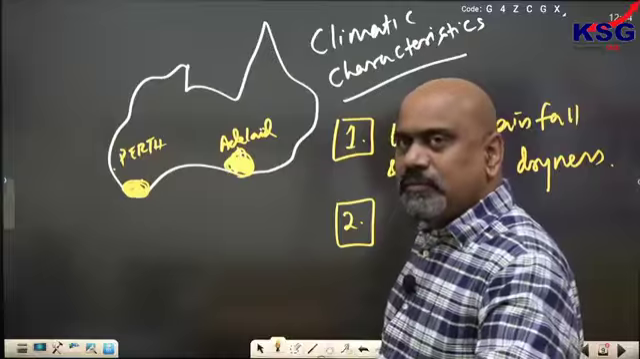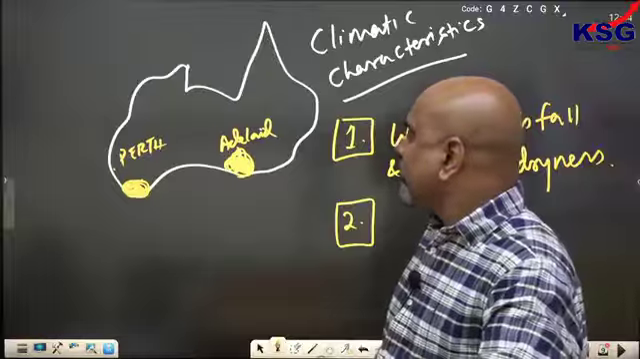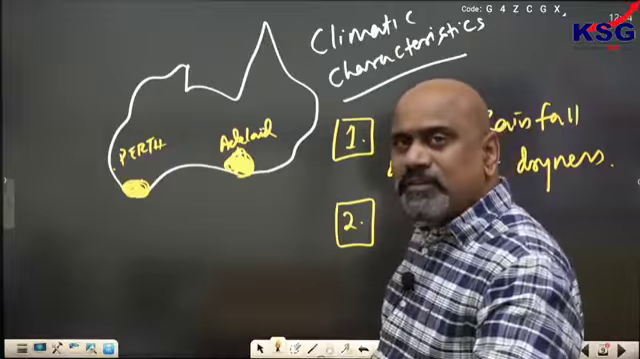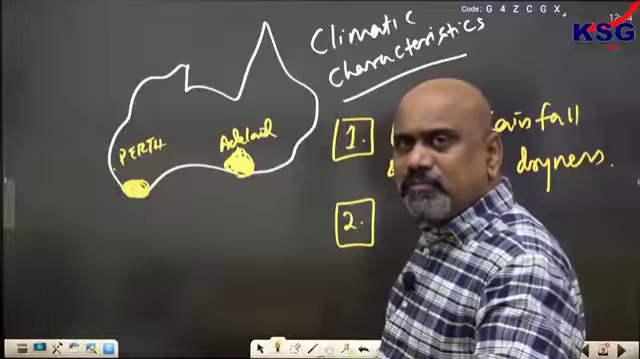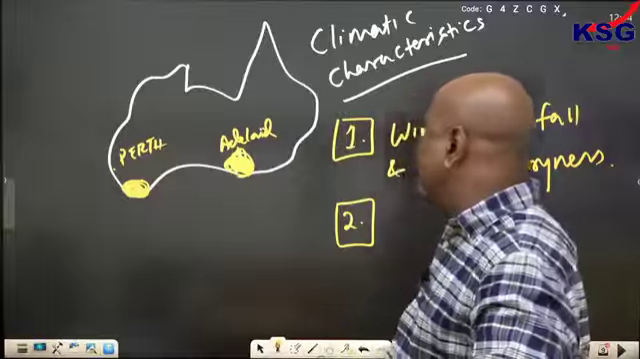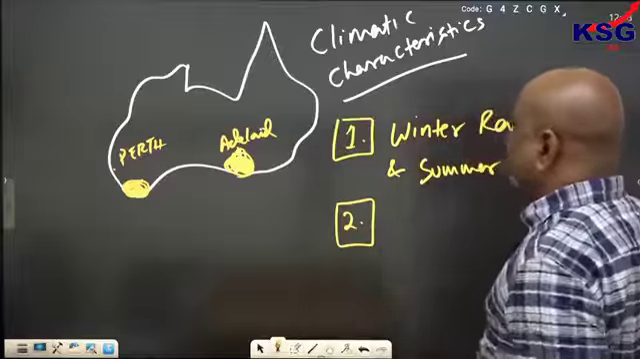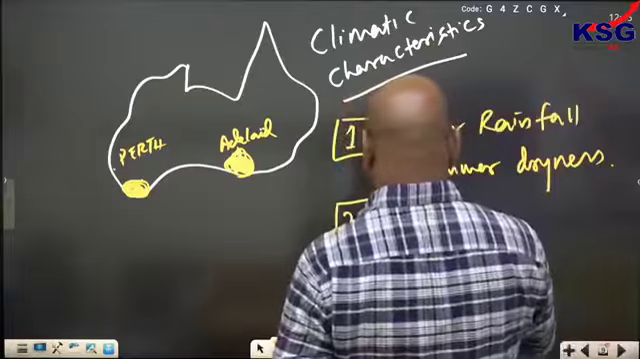Greatest, most important factor for this winter rainfall is consistent influence of the westerly wind system. Winter rainfall and summer dryness first is there. Then second one is we have annual